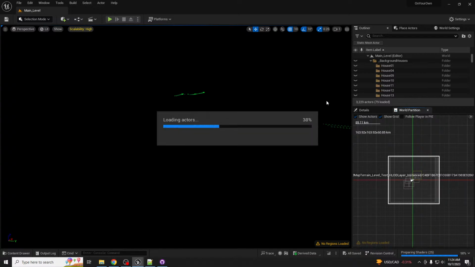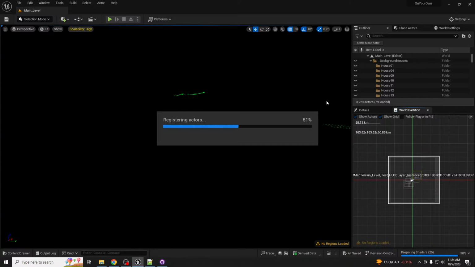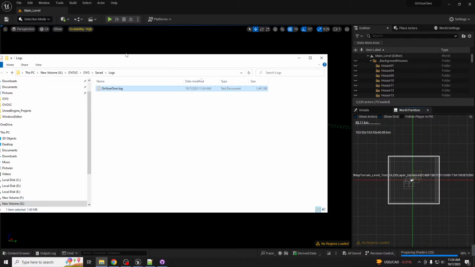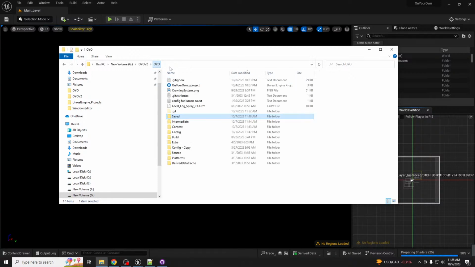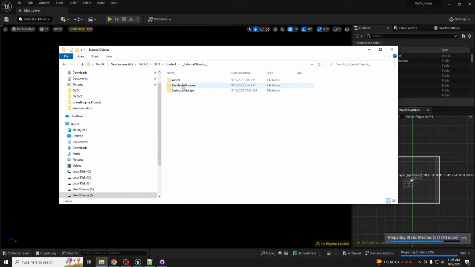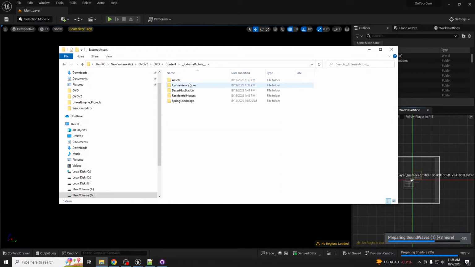So what you get is the option to use external actors. So what that does in your project, let me show you in mine here. In content, you'll get these two directories called external actors and external objects. I'm not entirely sure what the difference is for the objects, but for every one of these external actors,